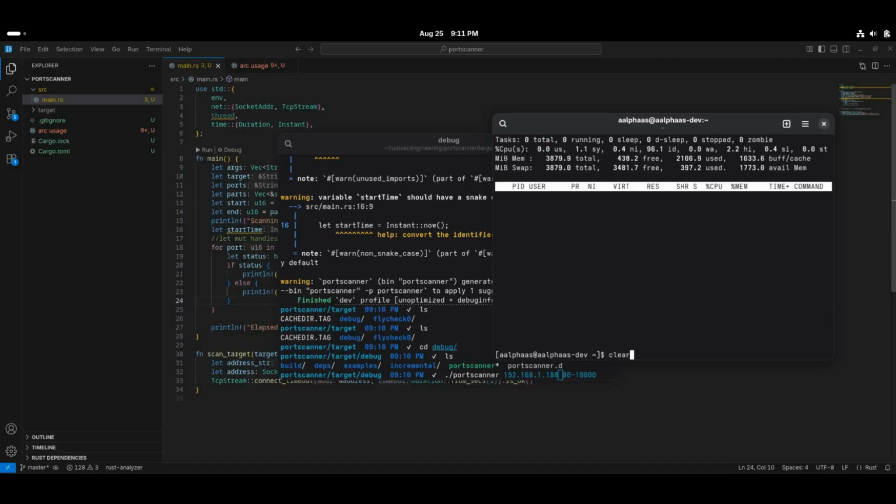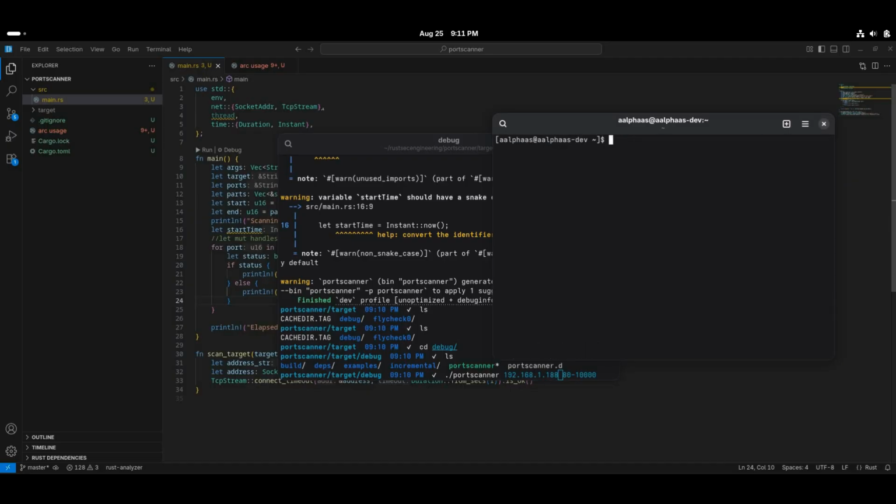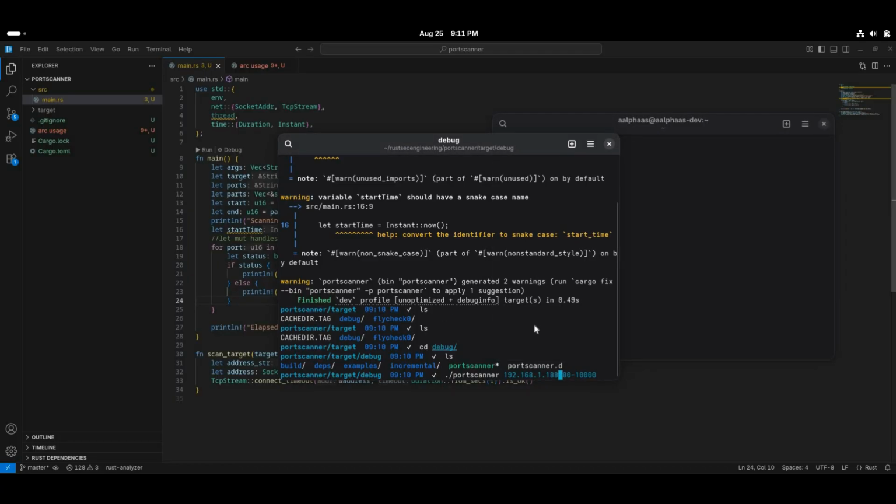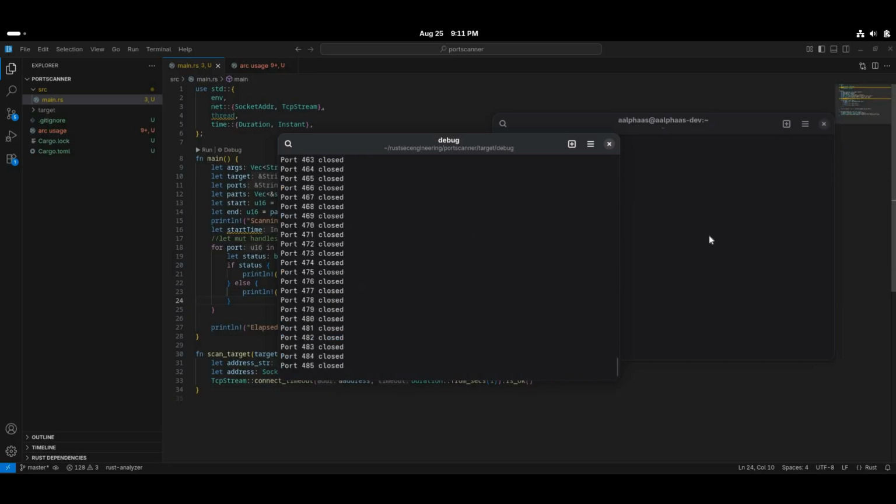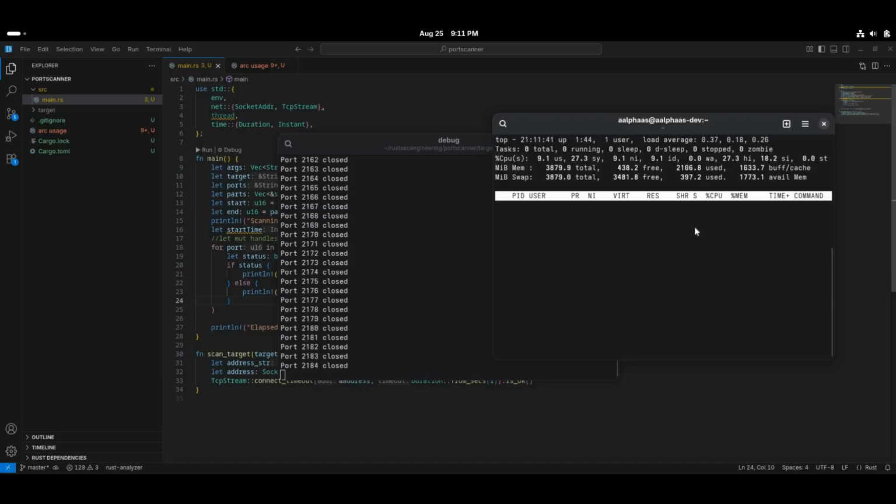Okay, here I created just a basic command actually. I just added that to a shell script file to run it every time I try to do the scanning. Here I'm just scanning my Linux machine, and I'm trying to run the top command to find out how much memory and CPU usage it has. Inside the script is just the name of the application that I'm running on the left side, and you can see